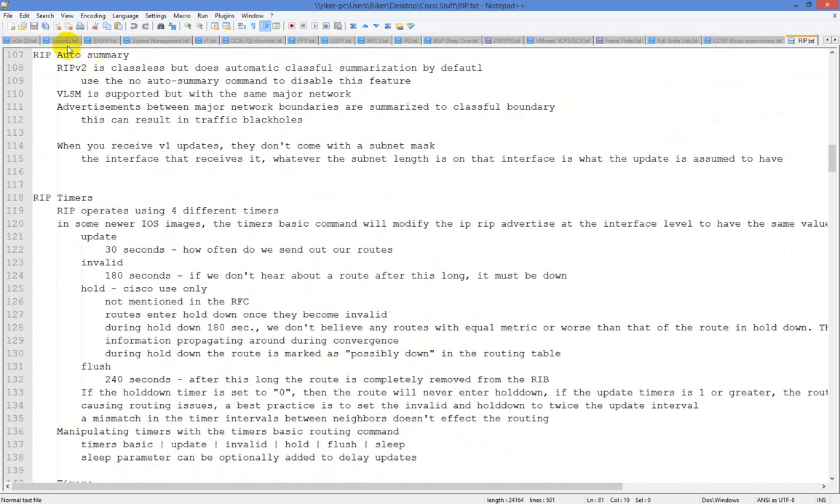So with RIP, you have auto summarization, which means that by default auto summary is going to be enabled, which means that no matter what network statement you advertise, it's automatically going to summarize back to the major network range. So RIP version 2 is classless, but it does automatic classful summarization by default. Issue no auto-summary, and this way you'll be able to add more specific subnets. And now it says advertisements between major network boundaries are summarized to the classful boundary. This can result in traffic black holes,